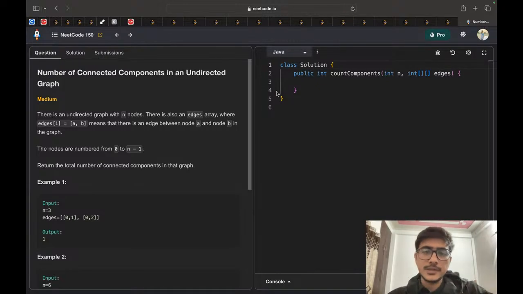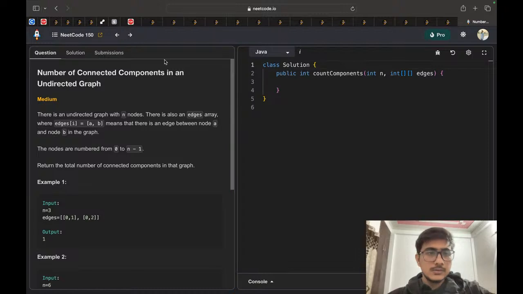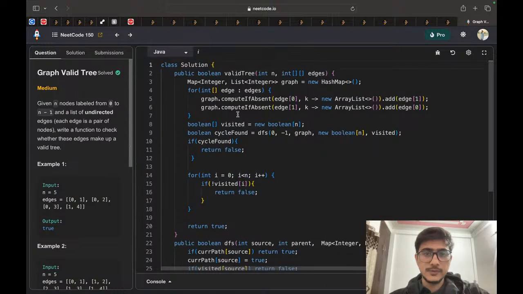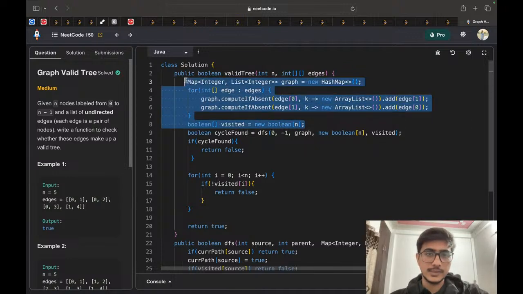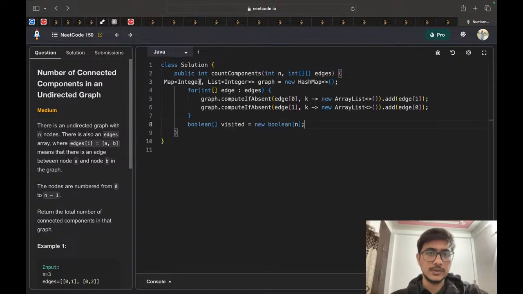So to find the connected components, we can use the previous code itself, I think. So what we were doing previously, we were forming a map and we were maintaining this visited array. So I will copy only this part. The second number of, okay, so what we have done here is we have